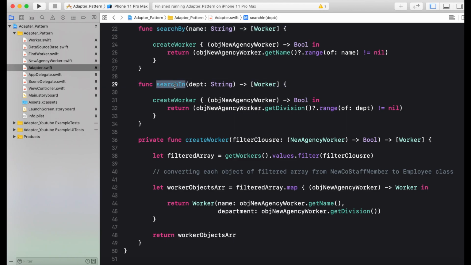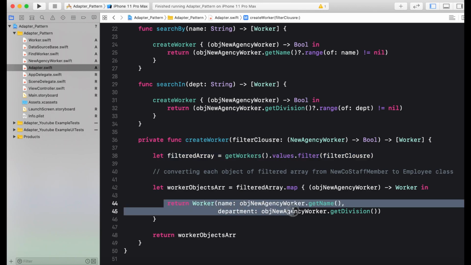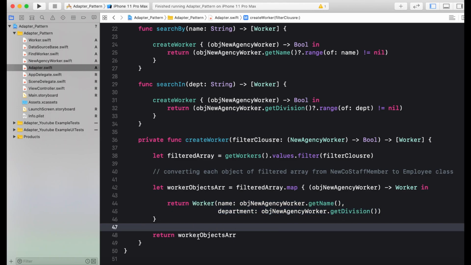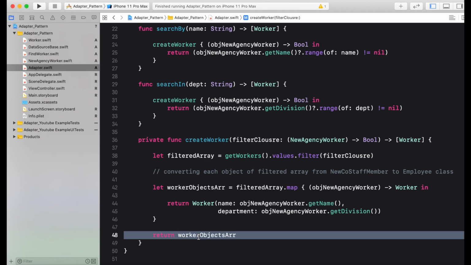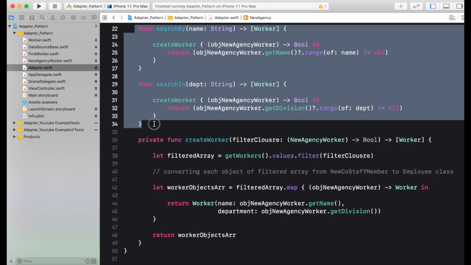So for that we have to create one more private function, createWorker, that filters the list of workers in NewAgency according to the given search criteria and then converts them back into the Worker struct from the dictionary format, and after that it returns the complete array of Worker structs from the list of dictionaries. And in that way we implement these two remaining functions of the WorkerDataSource protocol.